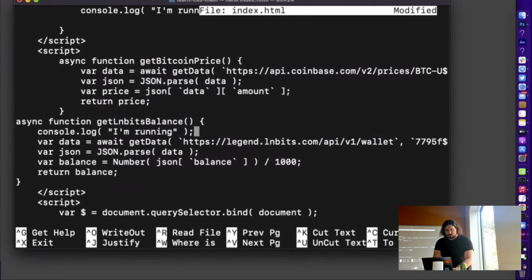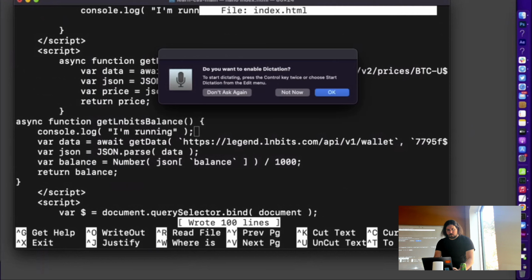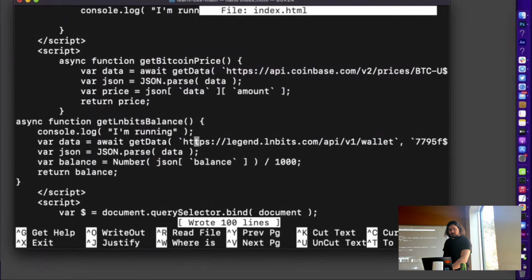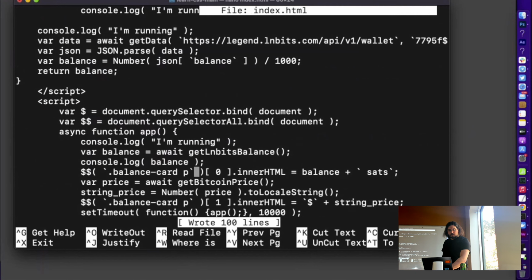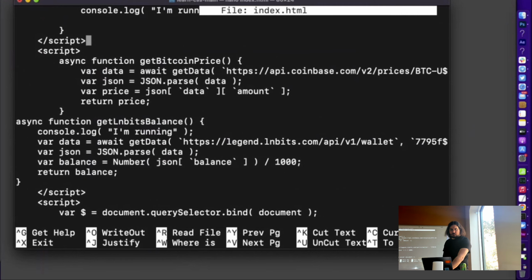And you're doing that because it'll hit that async function and then? Yeah, so down here we call this line here. It creates a variable called balance and sets its value to whatever this function, get LNBits balance, tells it. So it is waiting for the get LNBits balance function to return something, and that function is,